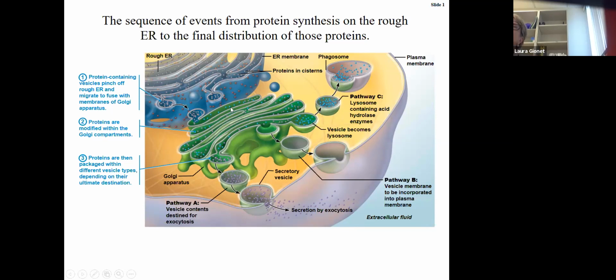will be passed to the Golgi apparatus here in green, where we have some more sacs all interconnected to one another, and it will pass through layer to layer to layer until the production of it is finalized, and then it buds off there and forms those vesicles. So depending on what's inside the vesicle, it will determine whether it just maybe merges with the plasma membrane, as it's showing you here. And the substance, those little purple balls in the center, are just being what's called exocytotically released. The vesicle will merge with the plasma membrane and incorporate itself and then spit out